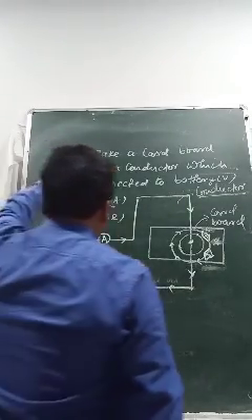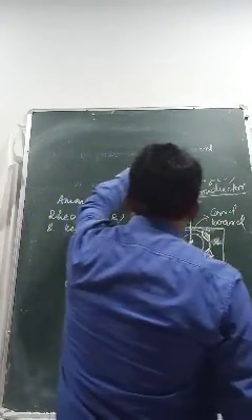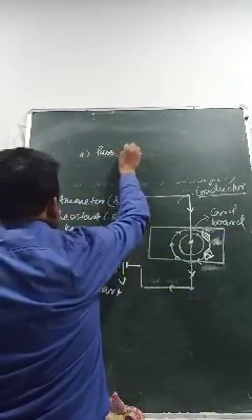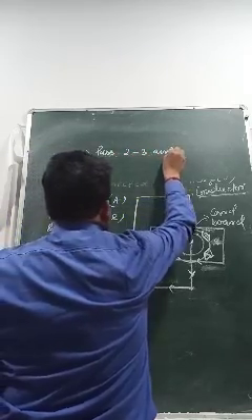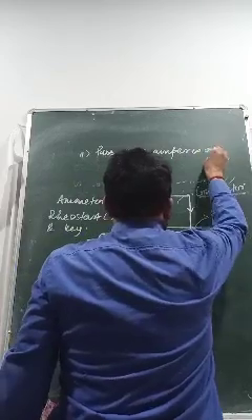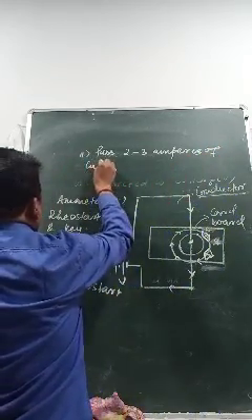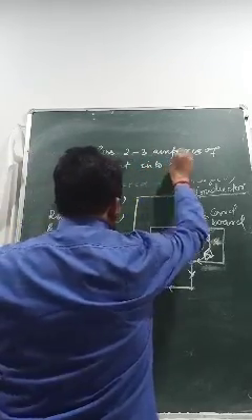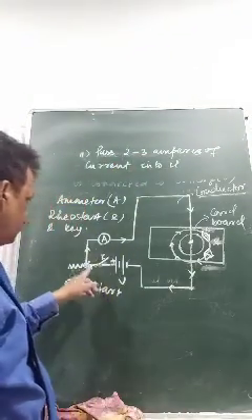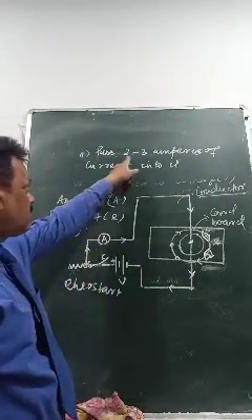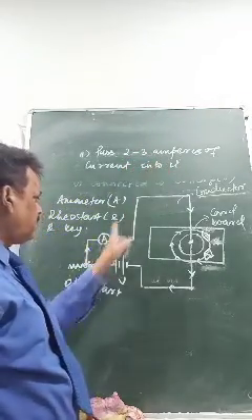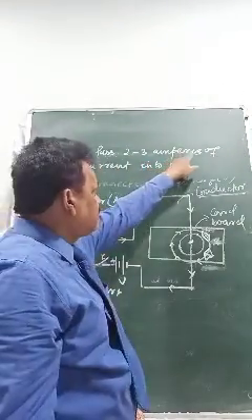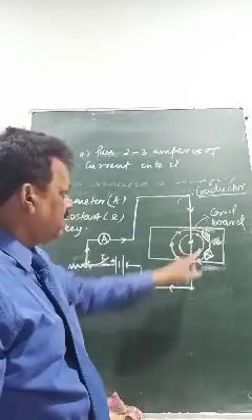Then pass 2 to 3 amperes of current into it. Means how 2 to 3? This rheostat box will control how much current you want to supply, it depends upon this resistance box. Okay, so when you pass 2 to 3 amperes of current through this,